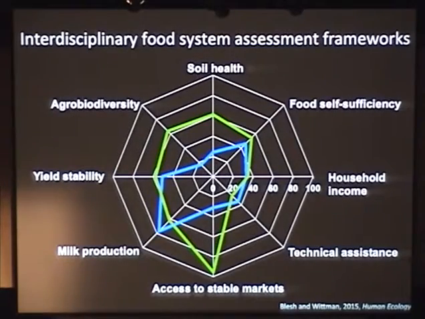I'm just going to flash this up here really quickly. We heard earlier about a systems approach. And in our lab, we're increasingly thinking about multifunctionality, not just through the lens of can we provide multiple environmental outcomes at once, but what about social and nutritional variables? Can we consider all of these things simultaneously? This is an example framework that we developed in partnership with family farmers in Brazil. And the lines are just comparing two communities. And the point here is just to show that, and this is a very simple framework, but you can do all kinds of interesting things where you account for the impacts of different management systems on things like soil fertility, income, market access or equity, or yield stability.